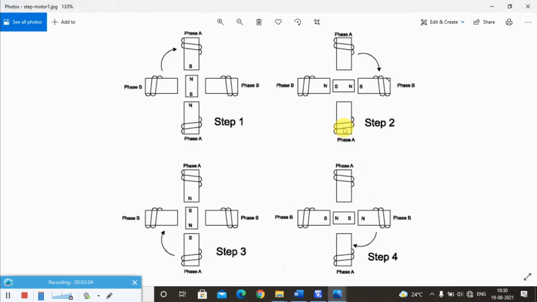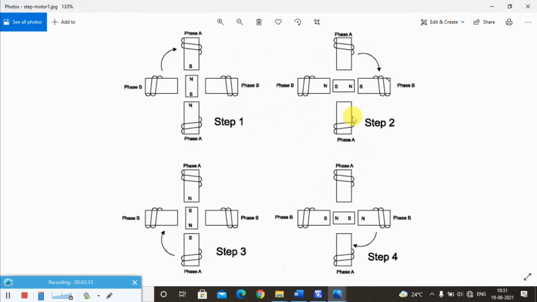The main thing is that we have to energize two coils at a time, phase A and phase B, while the other two coils are de-energized. We know the principle that like poles always repel and unlike poles attract. North and north will repel, north and south will attract. Based on that principle, this entire sequence flows.